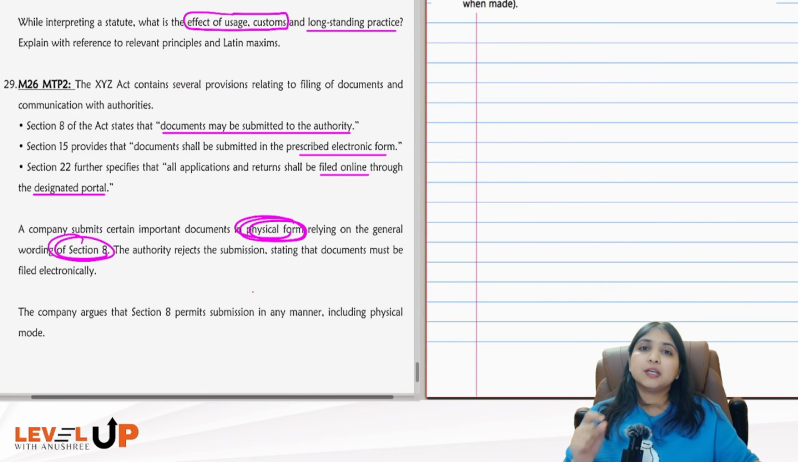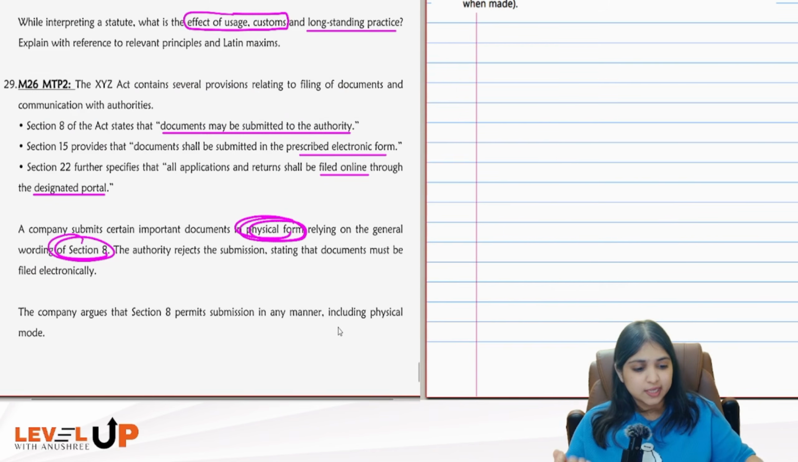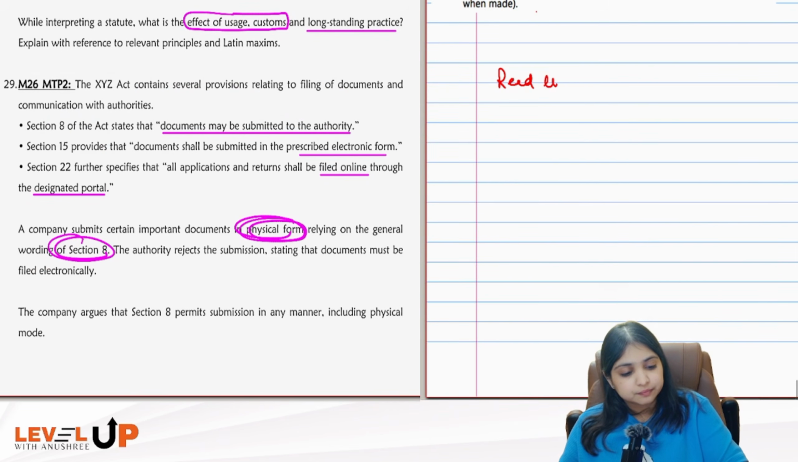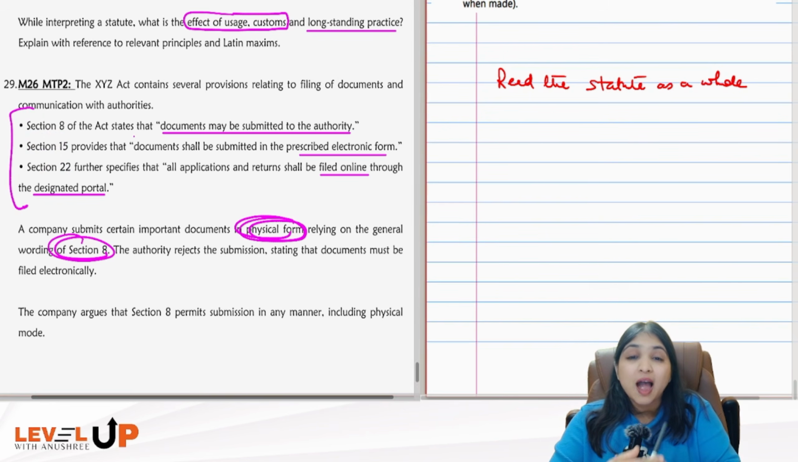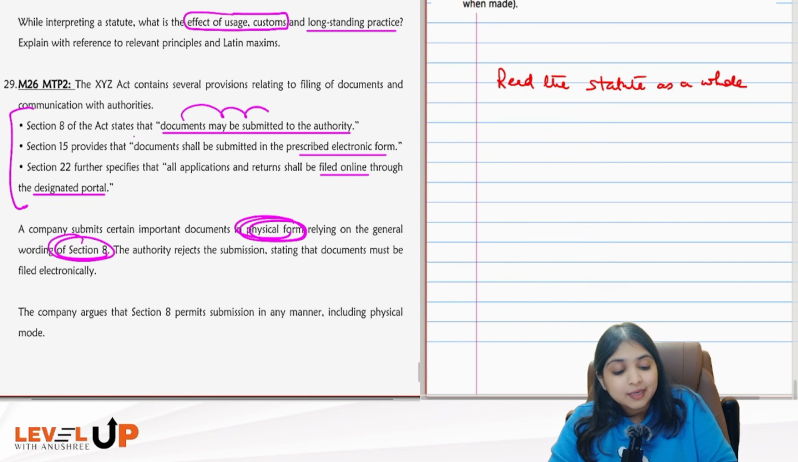This is nothing but the rule of interpretation which says read the statute as a whole. Basically, you should not read each section individually. You should not read each section independently. That's wrong. You should read all the provisions together as if it is one document. You remember harmonious construction? That's the whole premise of harmonious construction, right? That you should read the provisions of the Act in such a manner that you are able to give effect to all the provisions. So here they are saying Section 8 says the document has to be submitted to the